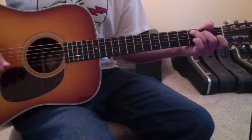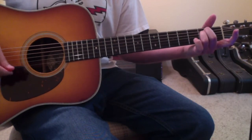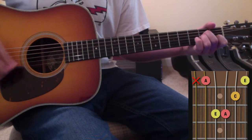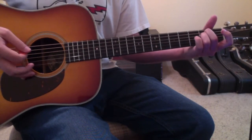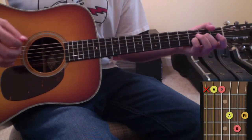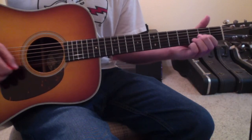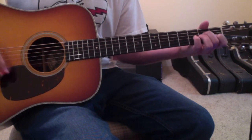Except for the second time around, you go to an E minor instead of a G. And things go kind of quiet here, and then Jason Isbell comes back in with another verse or chorus, I'm not sure, but the chords are an A minor, an E minor, and then it gets kind of big with upbeats again, going E and a D, it's an E minor, he goes to a D, and then a C, E minor,